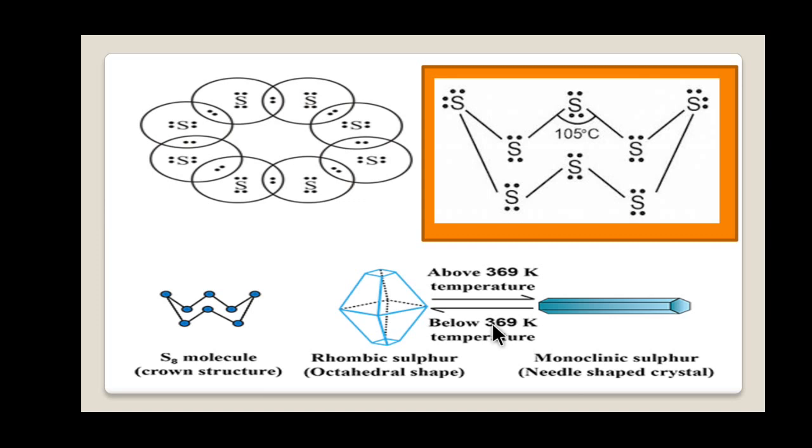Now the Lewis dot structure of the S8 molecule of sulfur. The total number of valence electrons is 6: 1, 2, 3, 4, 5, 6. Two electrons are bonded with other atoms, and there are 2 lone pairs. A lone pair is a non-bonding excess of electrons. Based on stability, the octet of sulfur is 1, 2, 3, 4, 5, 6, 7, 8. It is an octet, so it is a stable form. That is the Lewis dot structure of the S8 molecule of sulfur.